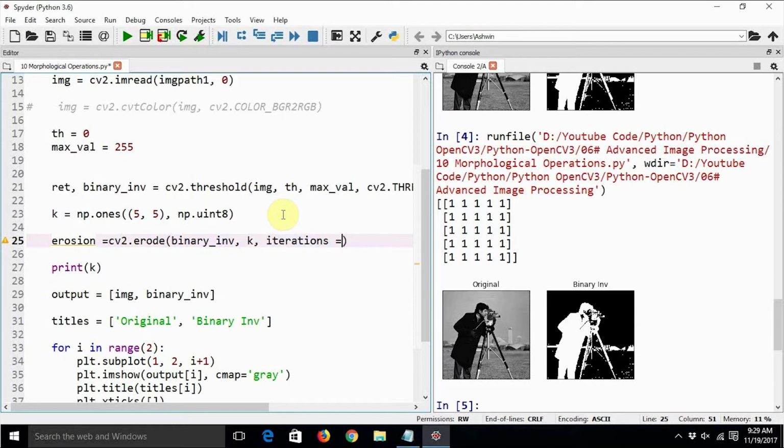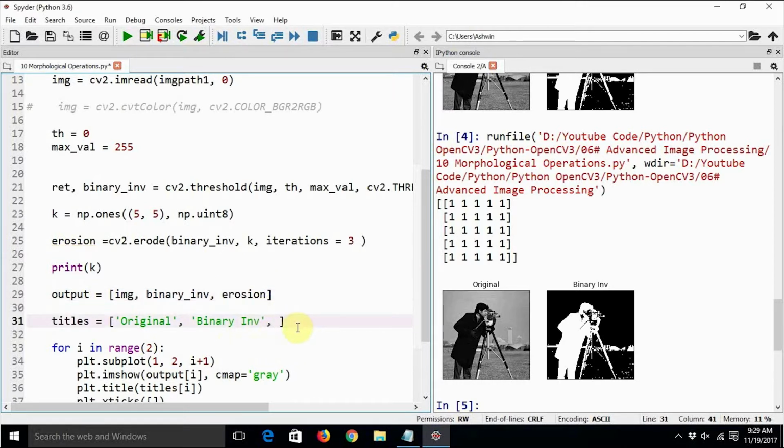Iterations is how many times we are going to apply this operation on the image. The more we apply this operation, the more we will see it happening. And finally, we will add the erosion to the result set, and let's see how it looks.